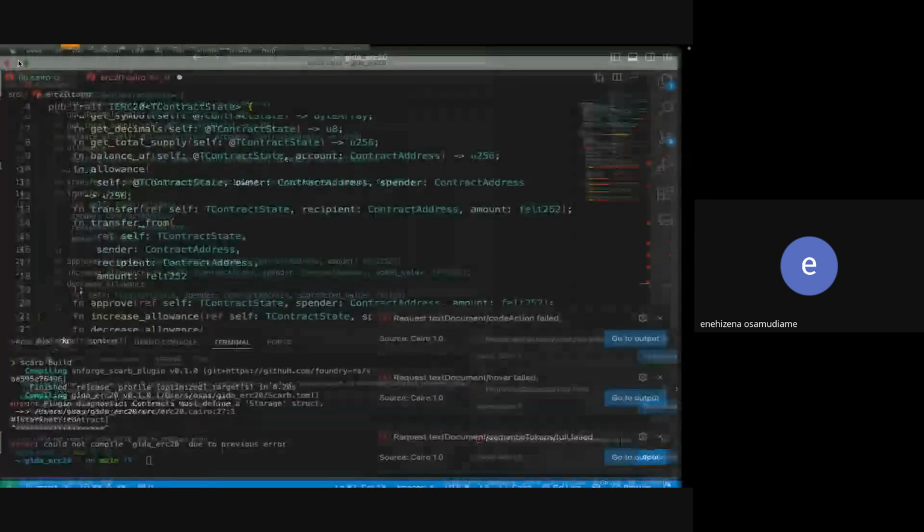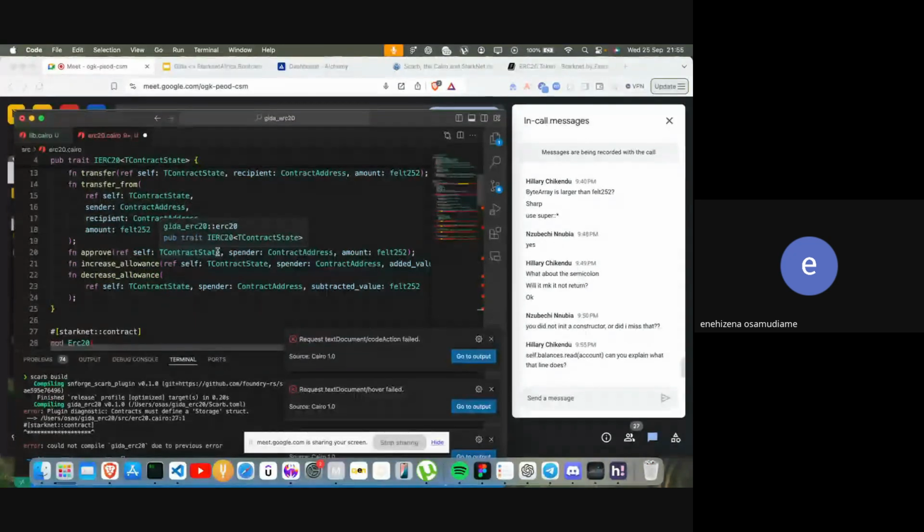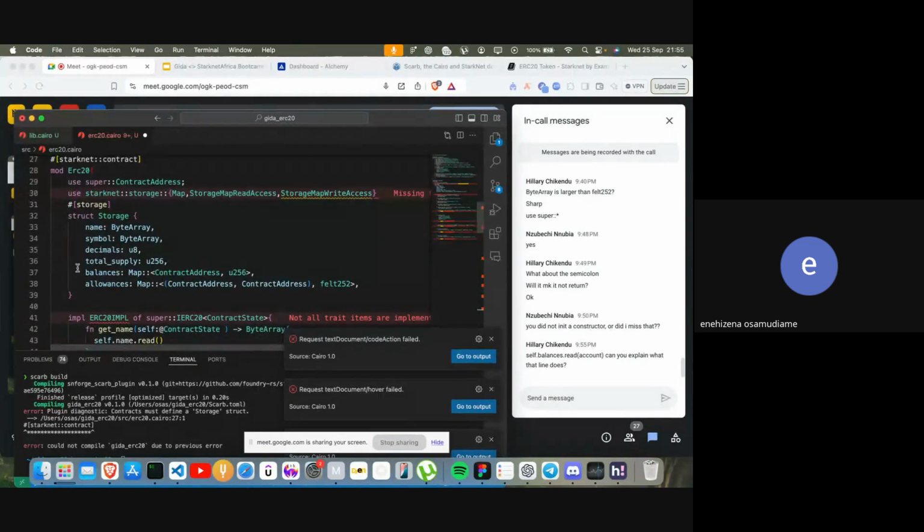This reduction is making me have to scroll all the time. Save the balance of read. Can you explain what that line does? Okay. So we have these balances in our